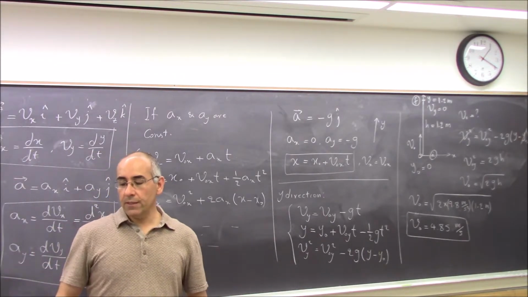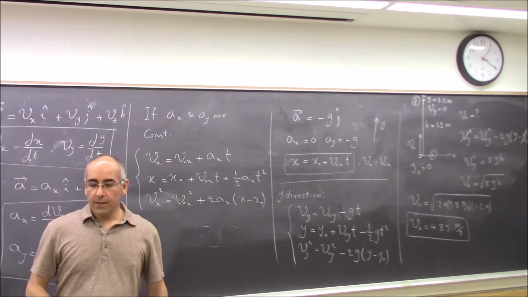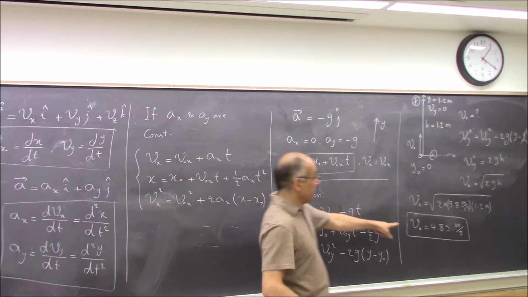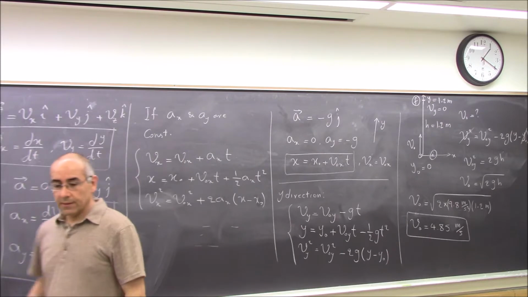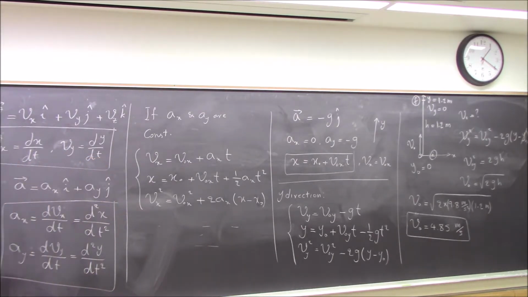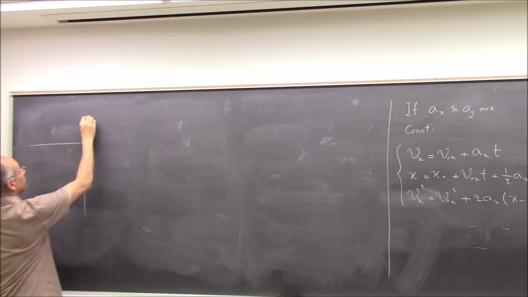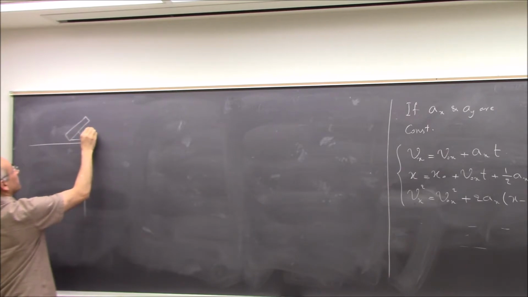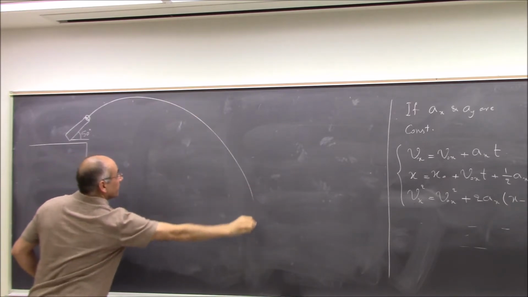Now we want to put it at a different angle. Let's, for example, put that at a 50-degree angle. Now if I do that again, it launches the ball with this speed, but at an angle, right? So let's see how far it will go in the horizontal direction until it hits the floor. If I copy the situation in here, this is the launcher, and it is at an angle of 50 degrees, and the ball is in here, and then it shoots the ball over until it gets to the ground,